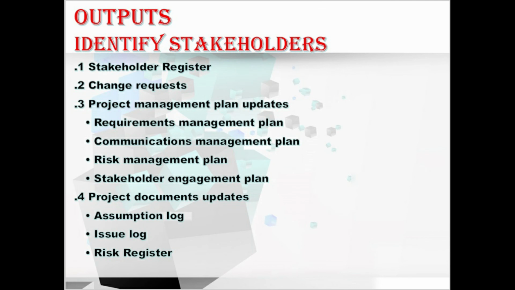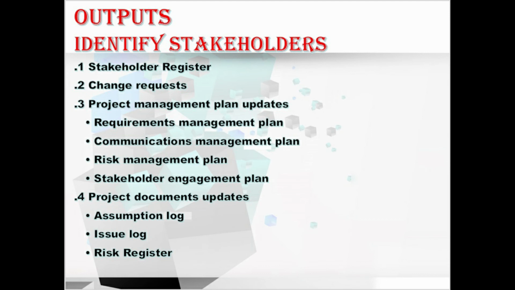Let's move to the next output, change request. During the first iteration of identifying the stakeholders, there will not be any change request. As stakeholder identification continues throughout the project, new stakeholders or new information about the stakeholders may result in a change request to the product, the project management plan, or the project documents. So that has to go through the PICC process, as I said, the perform integrated change control process. Okay, hope you understood about this output, that is change request.